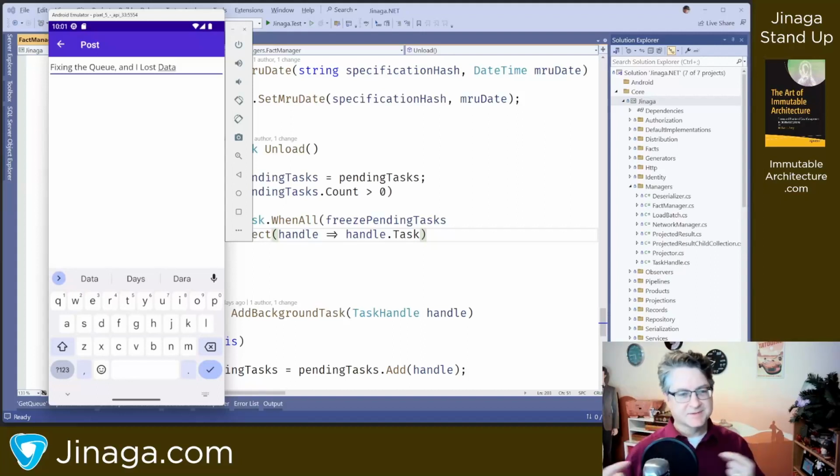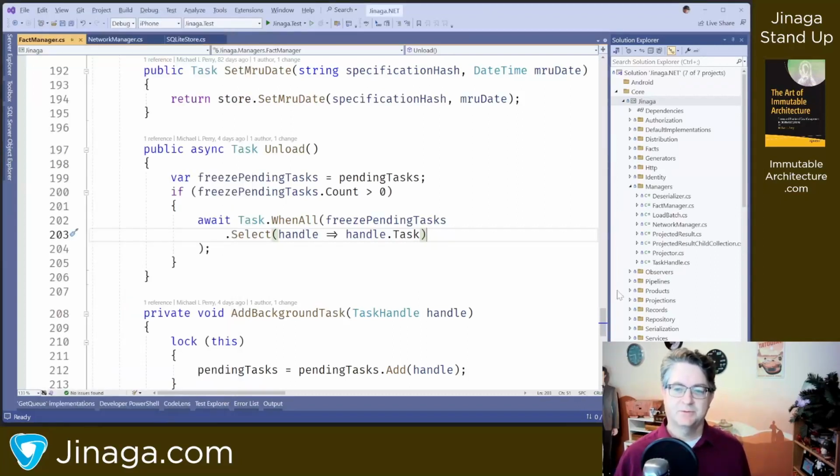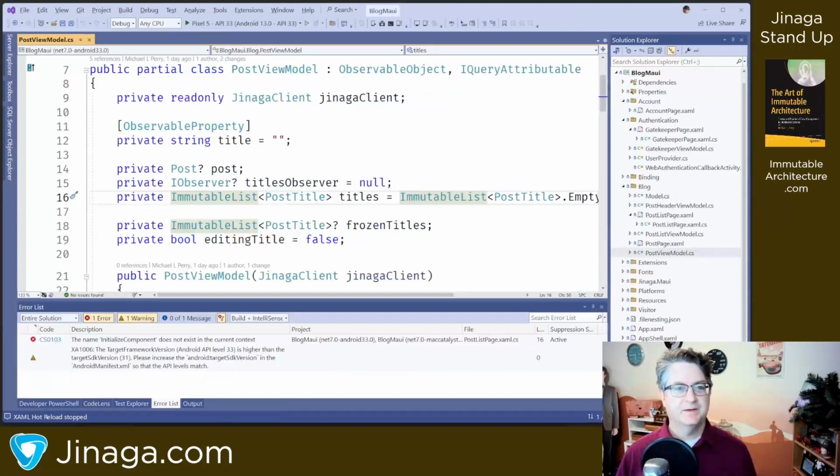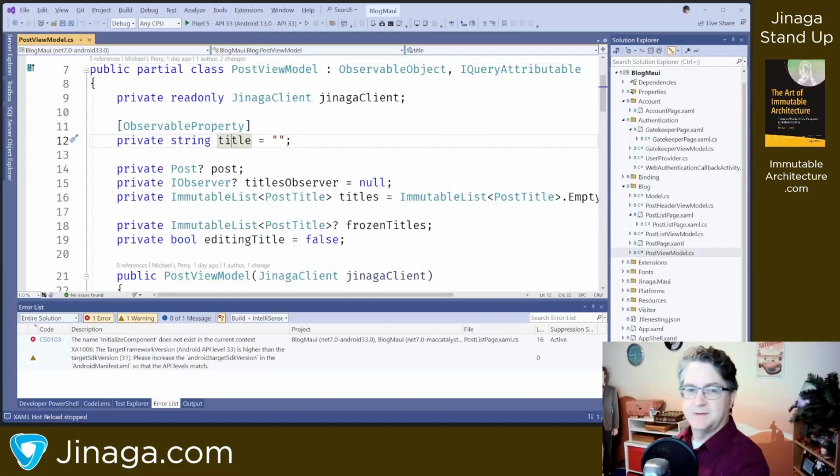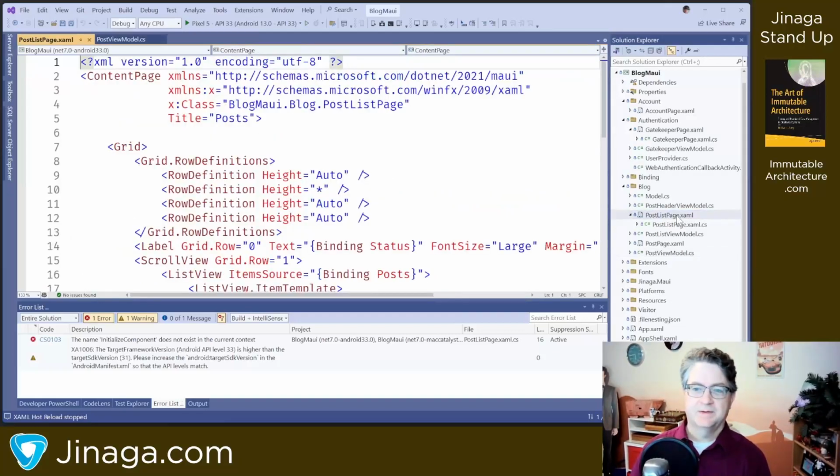And so I did a little dance inside of the view model in order to make that all work. So I'll show you what that is, and then at some point we'll abstract that so that you've got a nice little set of tools in the library. So all of that happened right here inside of the post view model. So we've got this observable property title that we data bind. Let me go ahead and show you the data binding, just in case